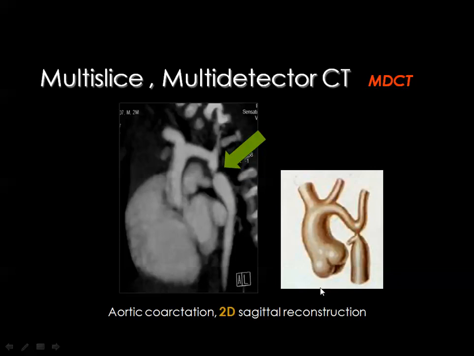Then vascular imaging is one of the major advantages of multi-detector CT, and this is an example, a case of coarctation of the aorta. If you want to diagnose this, you inject contrast medium intravenously, and you order the machine to scan the chest whenever the contrast media is in the aorta. Then you reconstruct the image like this one in the sagittal plane, and you see the ascending aorta, the arch of the aorta, and you see the site of coarctation, which is distal to the subclavian artery, in a simple,